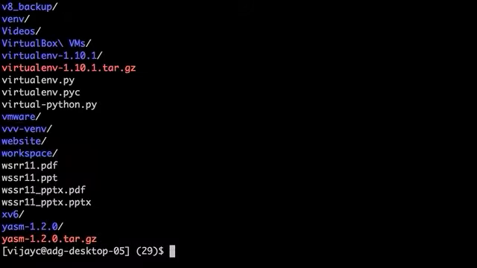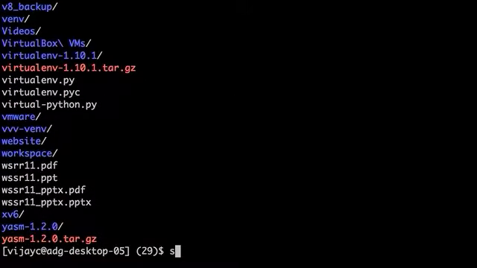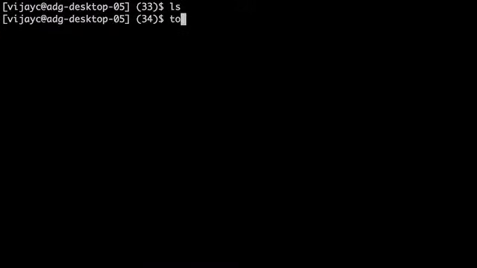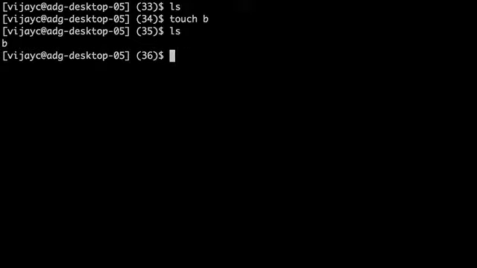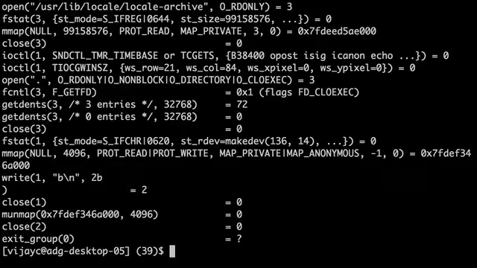So we all know what ls does, right? It just lists everything in the directory. Before that, ls doesn't have much of an output. How many people know what touch does? Yeah, it just creates a file, and if the file already exists, it updates its modified time. So here we have an empty file called b. So ls should just give us b. Simple output. Now if we do strace ls, I'll just run it for now, and then we will go through it more slowly.